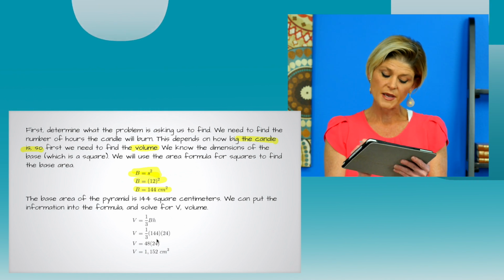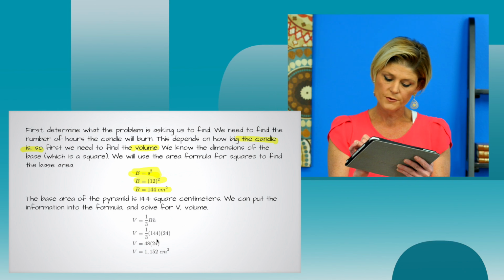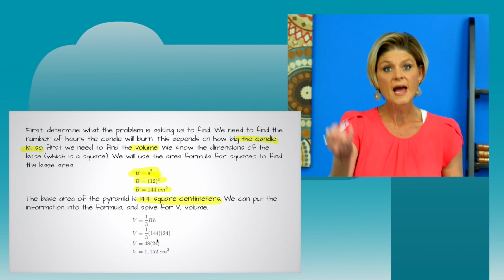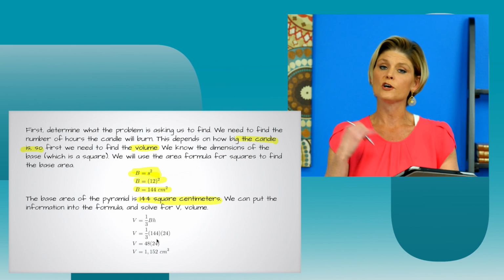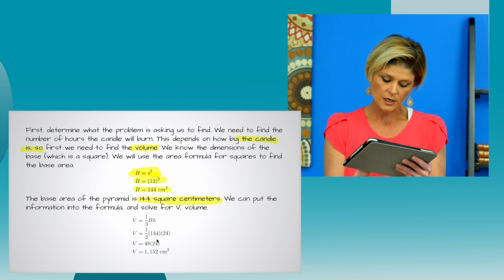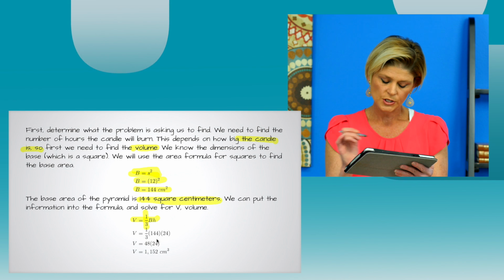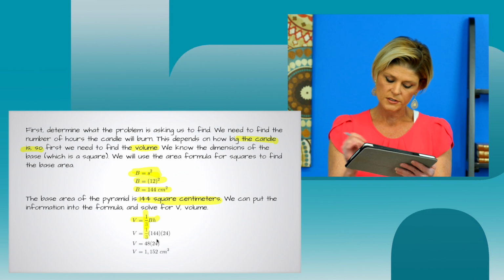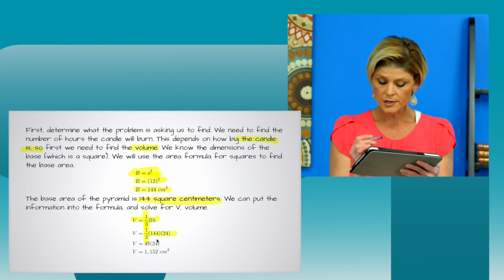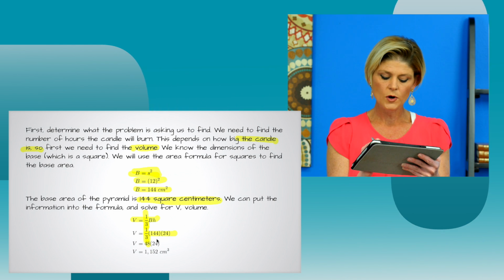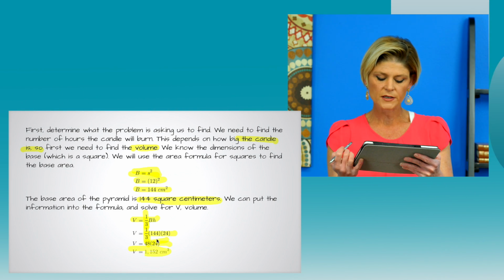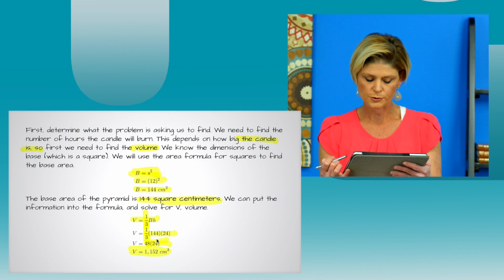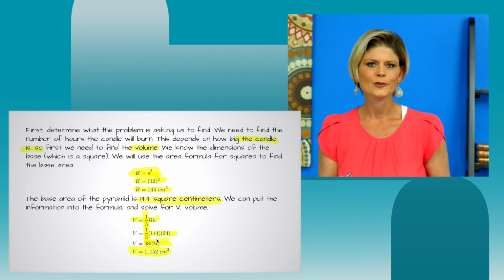So now we know that the base of the pyramid is 144 square centimeters, and we can put that information into the formula and solve for V, for volume. So V equals 1/3 BH. That gives us 1/3 times 144 times 24, which gives us 48 times 24, which gives us a volume of 1,152 centimeters cubed. So are we done? Nope, we're not done yet,